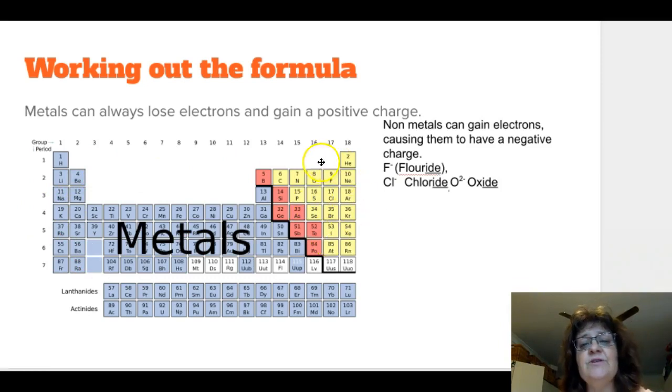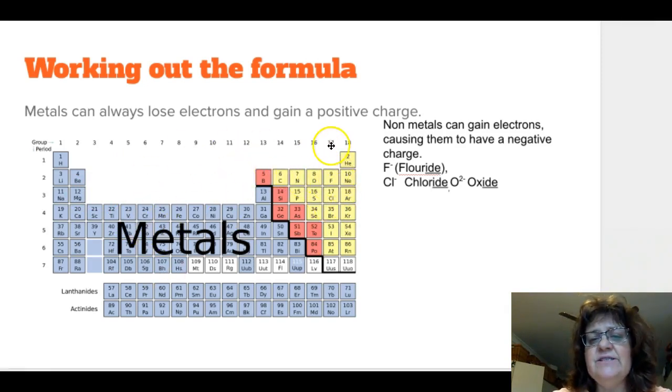Non-metals, which are all these ones over here, can gain electrons, so they can take the electrons off these guys, and that causes them to have a negative charge because they get one more negative. For instance, anyone in this group, like fluorine or chlorine, will end up having a -1 charge. Anyone in this group, because they've got 6 electrons in their outer shell, can have a -2 charge because they can collect 2 more electrons. Nitrogen can accept 3 more electrons, so you can have a